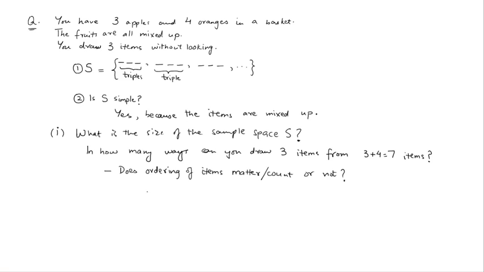To answer this question, let's imagine that we have our basket. We have our 3 apples and we have our 4 oranges, and we draw 3 of these items. Now, once we have the 3 items in our hand,